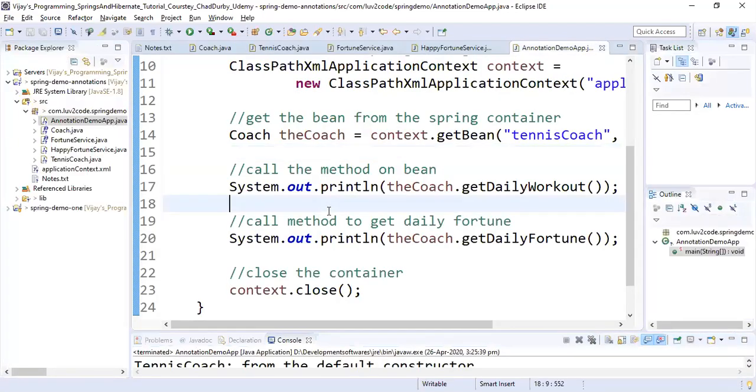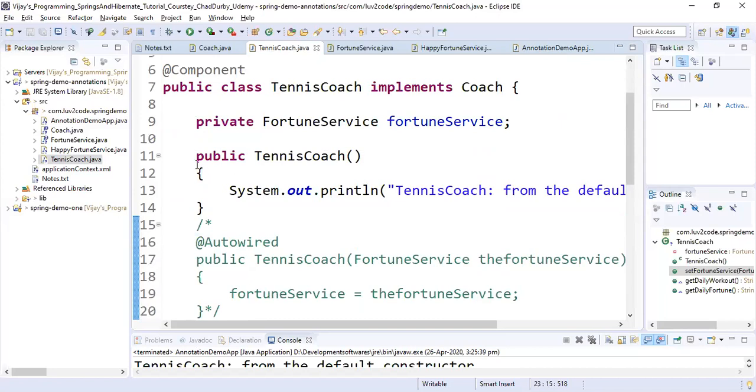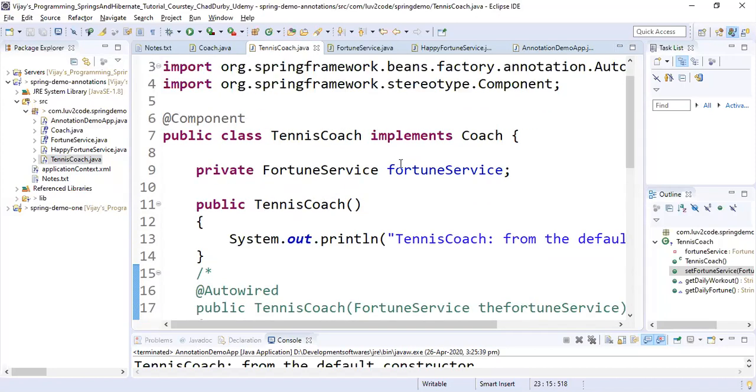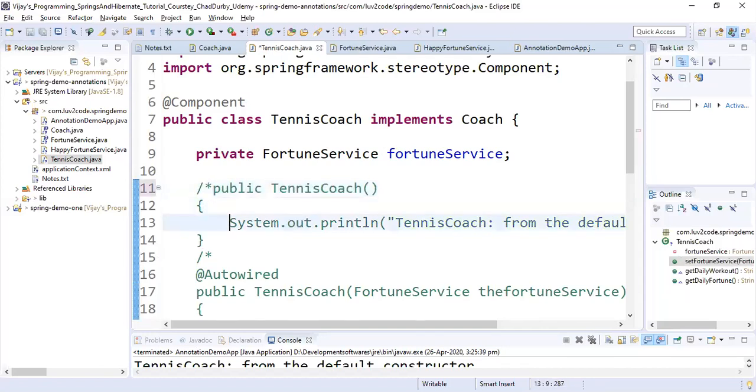So what happens if I delete the default constructor? Let me comment it out in this tutorial and let's see what happens. So here I'm just commenting out the default constructor, or no argument constructor.